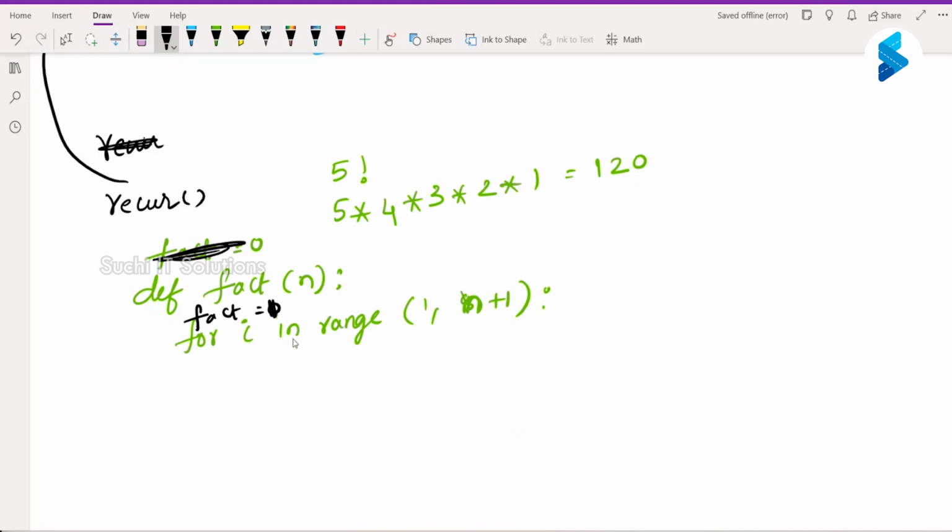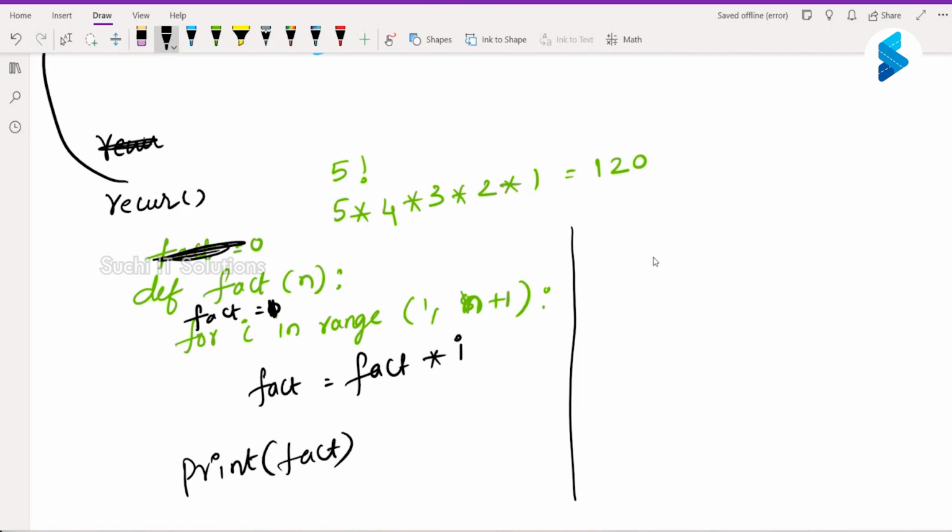Fact is equal to fact into i. So eventually, if I print fact, this is going to print the factorial. If I pass 5, it will return 120. Now this is the iterative approach. The same thing, if I have to do it in a recursive fashion,